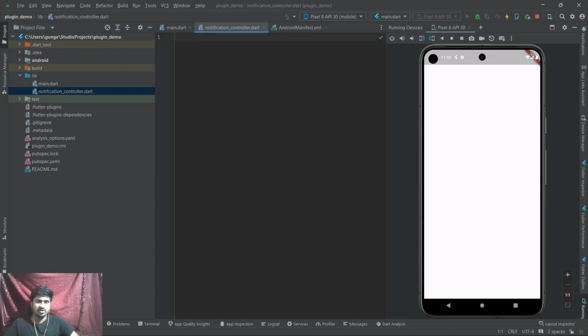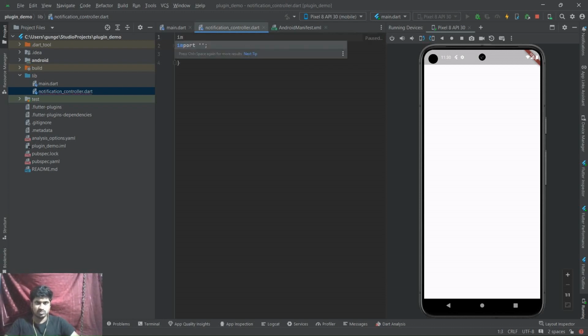In this, we'll create a class called NotificationController. Under this class, first we have to import the